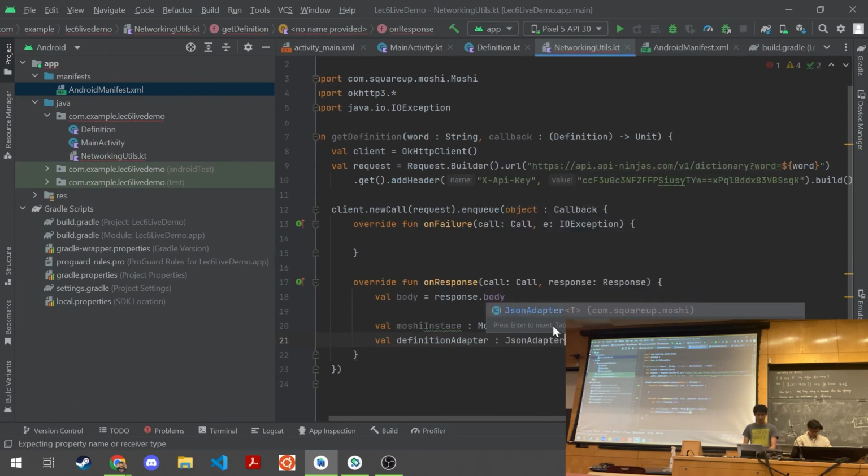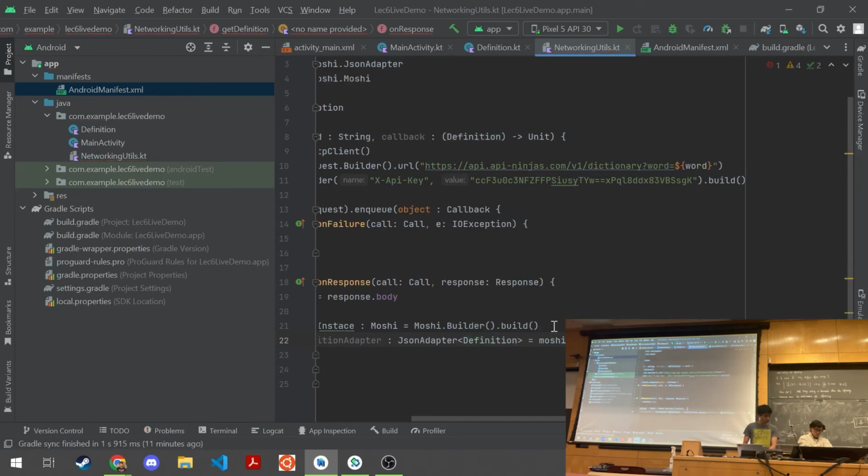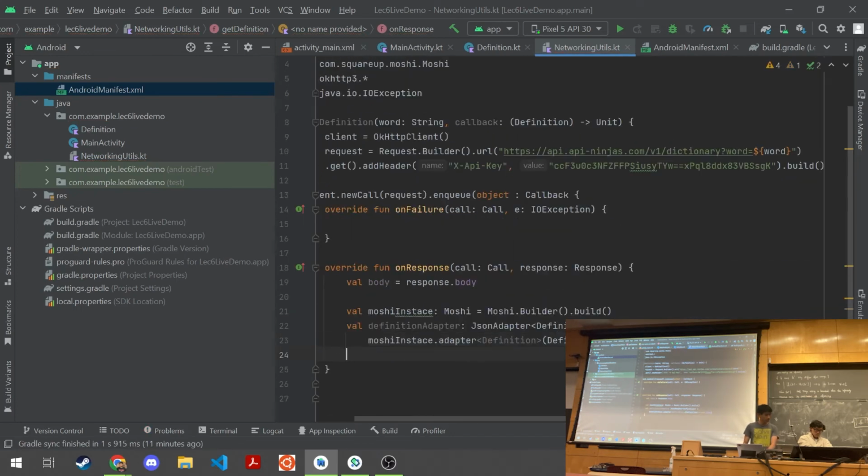It should be of type JsonAdapter, and the generic type you put in here should be the type of object that it'll convert the JSON into, which in this case is a Definition. And now we can say this is equal to our Moshi instance dot adapter. It's basically just going to make a new adapter of, again, this type Definition, and put in the Definition class. Again, this syntax is kind of a handful, but it is in our textbook.